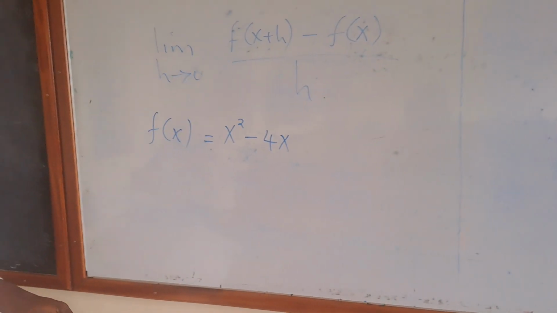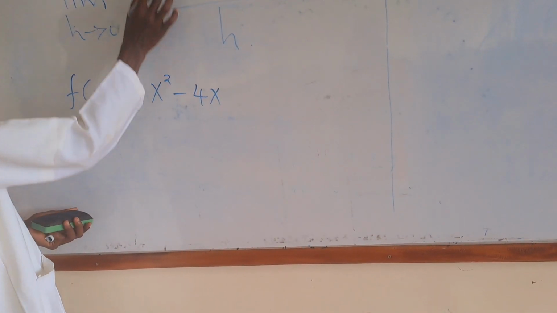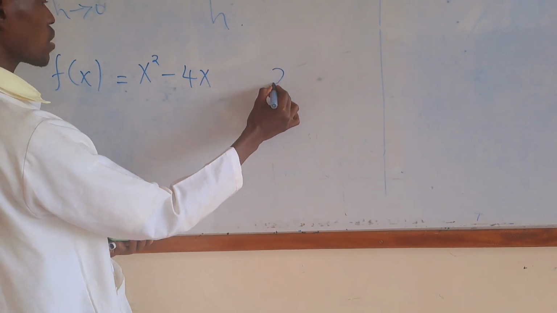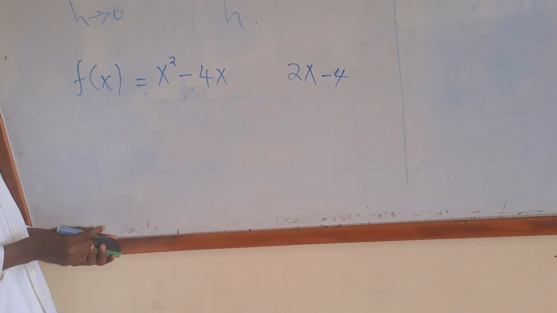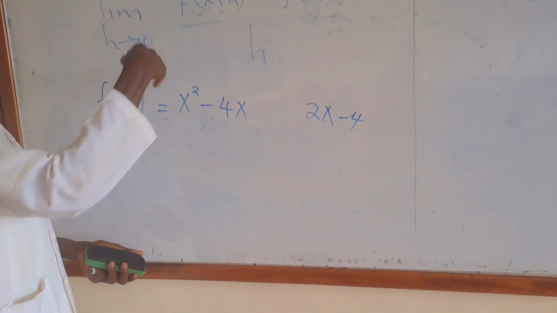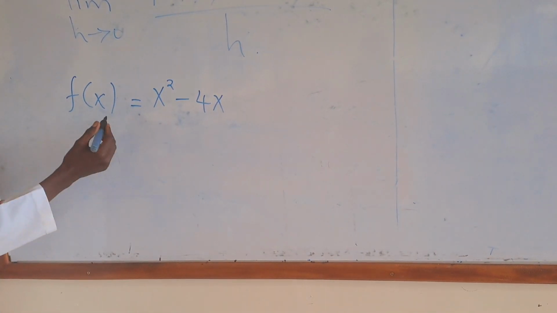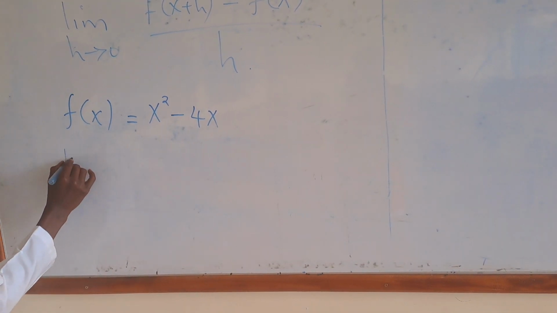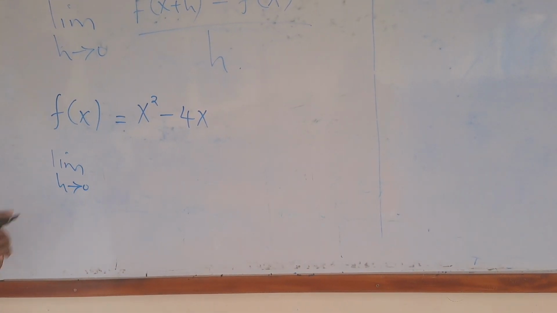Now, in real sense, without using the first principle, if we differentiate this, it will just be automatically 2x minus 4. So I want us to prove that using the definition, and this is our function. Now let's replace the function in our definition. It will be the limit as h tends to 0 of